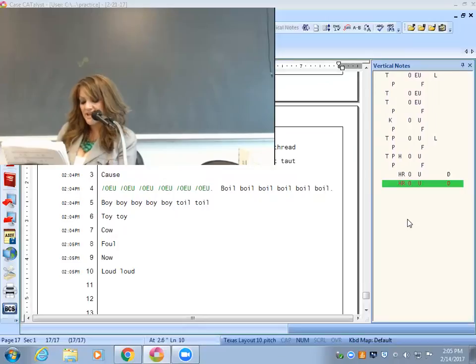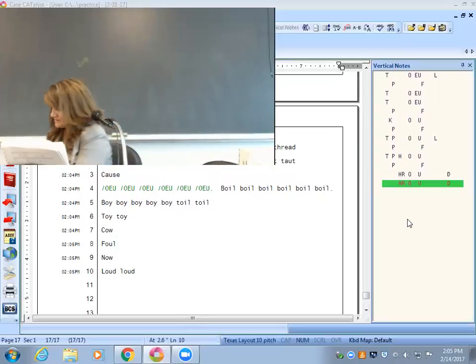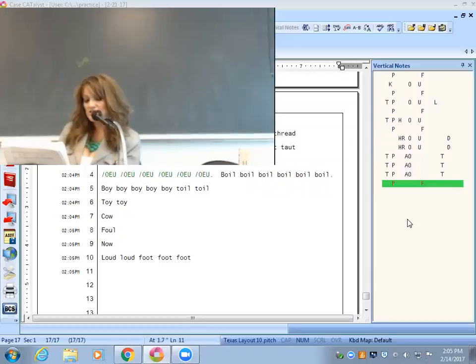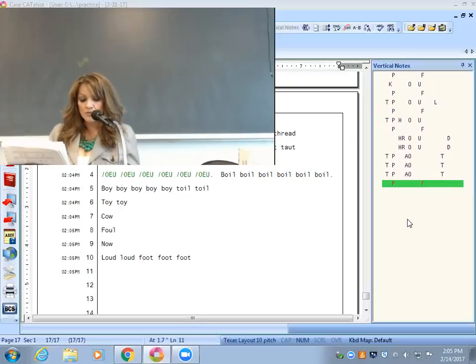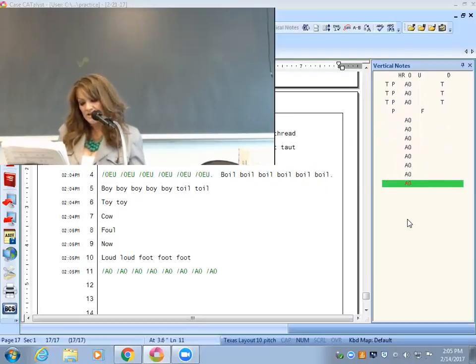The oo words, the A-O, you have foot, F-A-O-T. So all words that have an O-O in it are going to be A-O, okay? Or all words that have the double O, you're going to write with the A-O, okay, with those vowels. So we have moon has an O-O in the English spelling, so it's M-A-O-N.